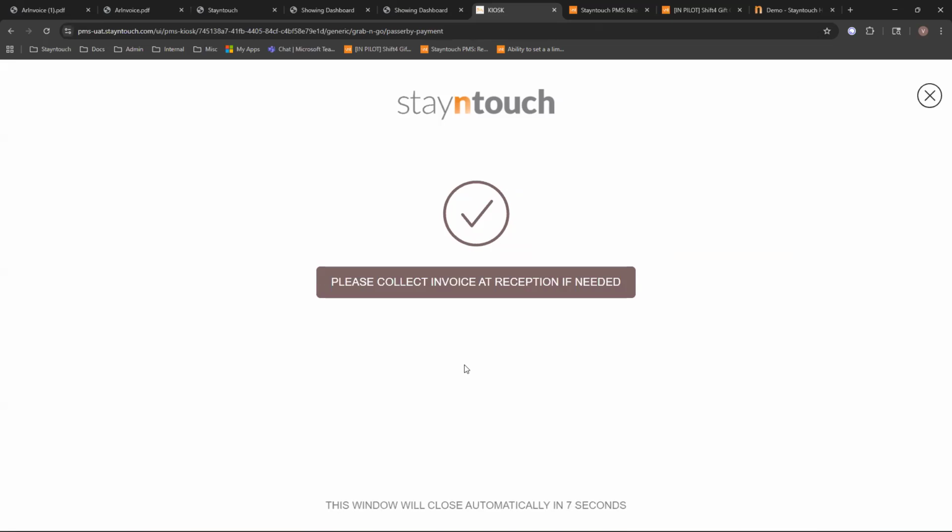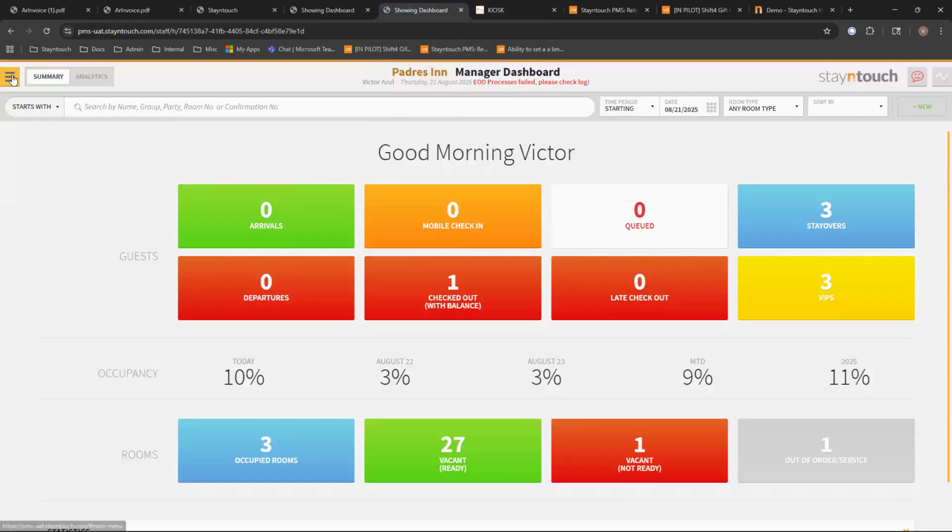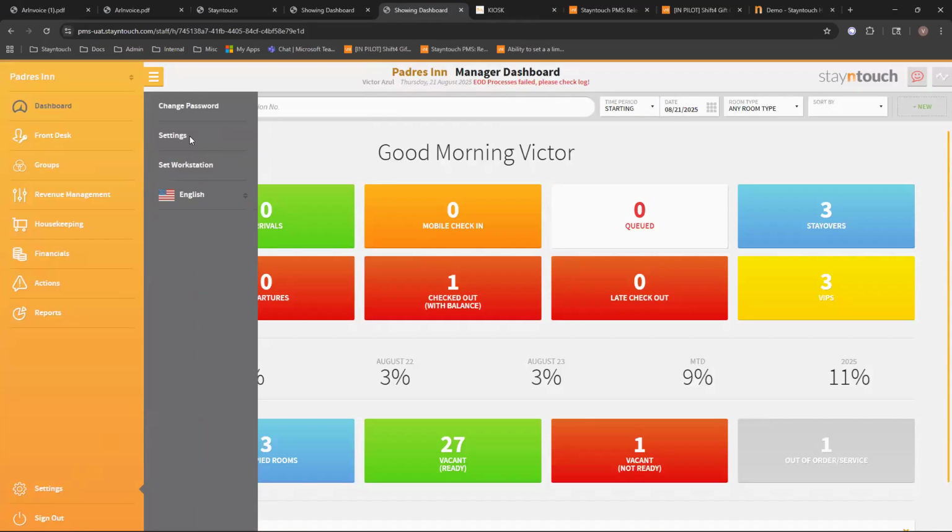So this allows you, for reporting purposes, to keep track of the revenue that's being generated for those passerbys within Stayntouch. You're able to keep track of the revenue and run reports to see what items are purchased and whatnot. And this is all, again, in pilot currently right now. The way that this feature works is if you are set up with the grab and go, like our demo property here,